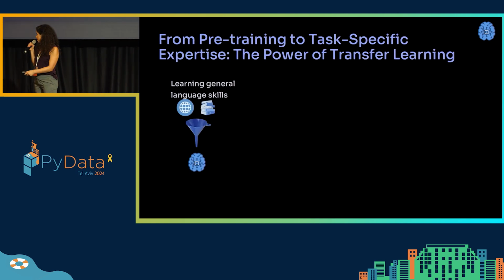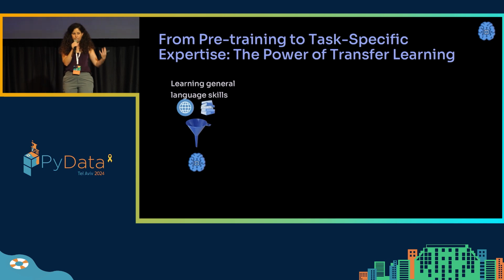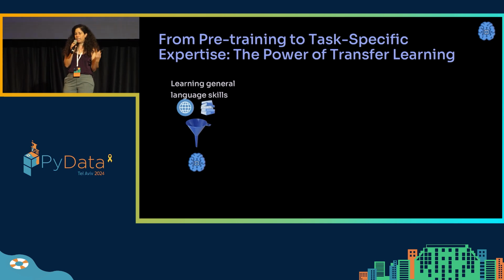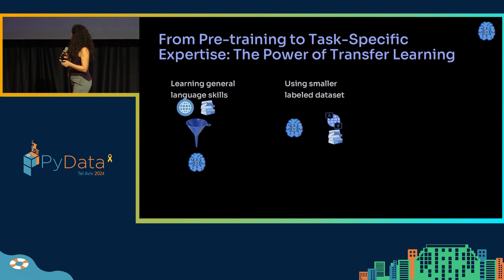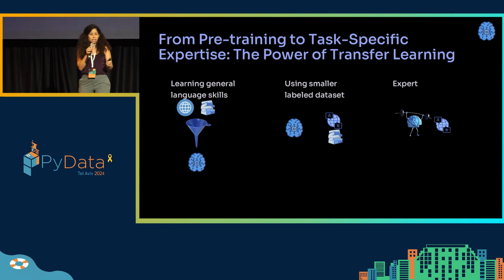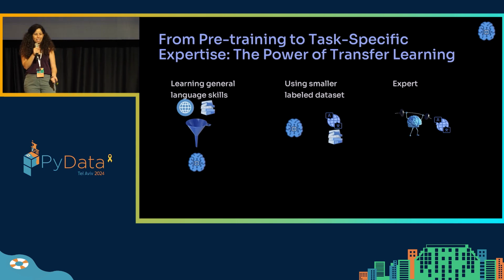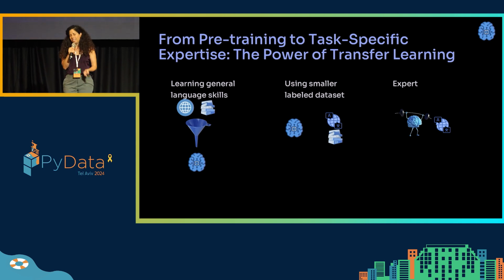Okay, so we have a pre-trained model that has been trained with masked language modeling on a lot of unlabeled data, text from the internet, all the books and everything, and after this phase, it has general language skills. Then we select a specific task, for example, translation. We craft a data set of a couple of hundred English-Chinese sentences and fine-tune it. And finally, we have a model that is an expert in this field and knows how to translate Chinese to English, and even does better than previous architectures.